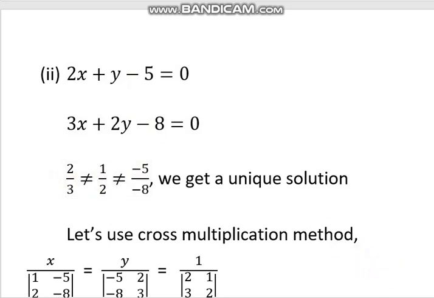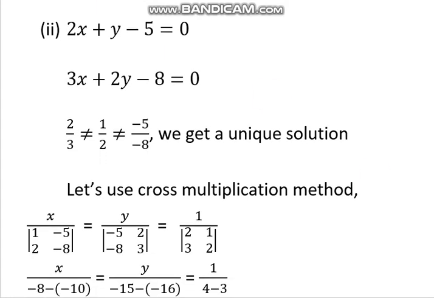So now let us use the cross multiplication method here. Okay, so what we will do: x upon coefficient of y and constant term. So 1, 2, here minus 5, minus 8. Remember, do not forget to convert these equations into standard form. You have to take the constant term on the left hand side. So here y upon, we will not consider the coefficient of y, and of course we will start by taking minus 5 and minus 8 first. Then the coefficient of x, which is 2 and 3. Here is equal to 1 upon, now here we are ending with 2 and 3. So we will start here by 2 and 3. Coefficient of y, 1 and 2.